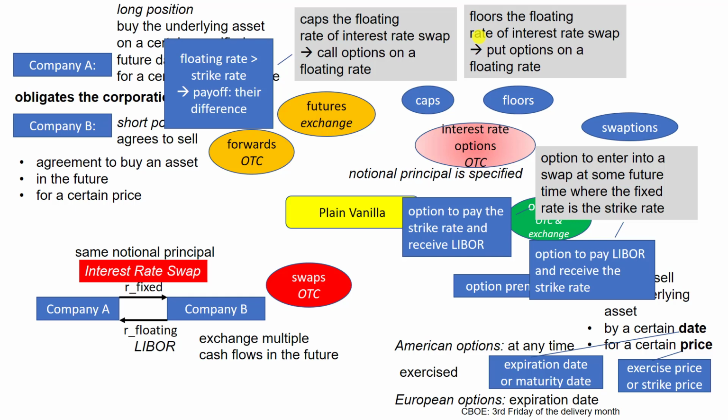Like when we are, for example, an investor. So in this case, it's much better for the debtor. In this case, it's much better for the lender to have such a hedging position. A swaption is an option to enter into a swap agreement at some future time where the fixed rate is the strike rate. It's also nice because let's say that right now I'm taking up a long-term mortgage at a fixed interest rate for 25 years. And in this time, for the bank, it's much more,